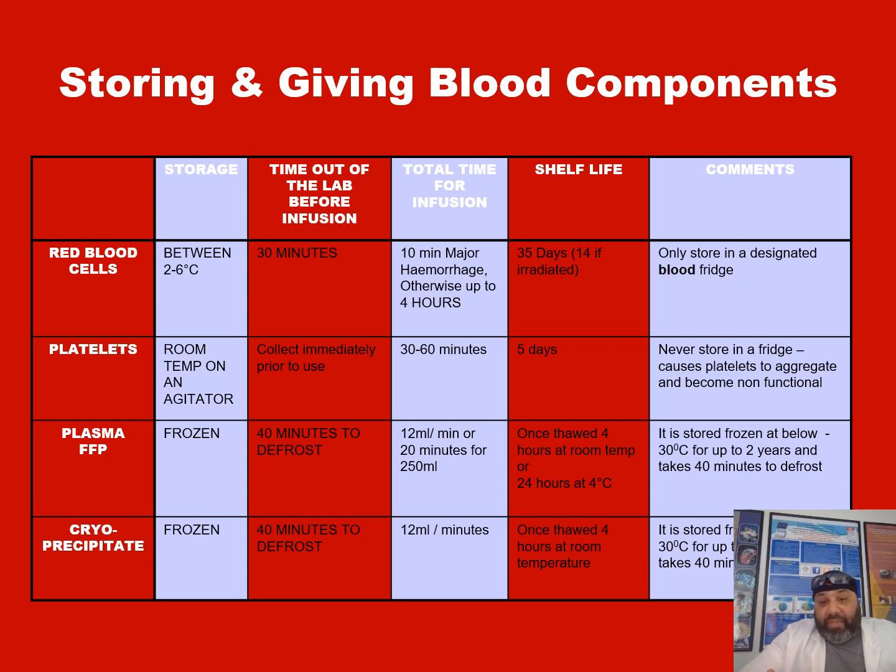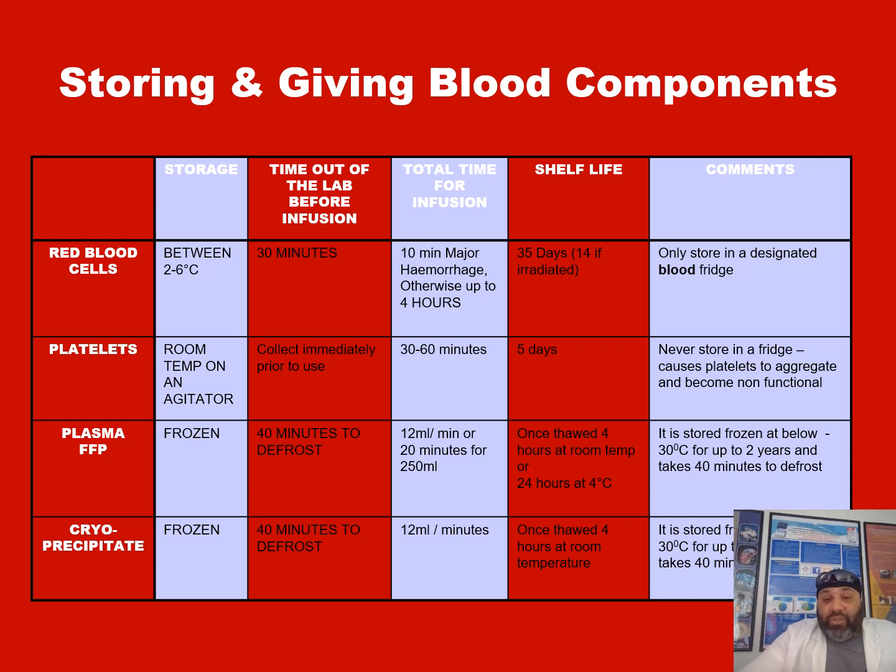And then for red cells, there's a shelf life. It's 35 days, but 14 days if the red cells are irradiated. I'll talk a bit about the different definitions around the types of red cells, irradiated and non-irradiated, in another presentation at some point. General comments around this are that red blood cells are only stored in designated